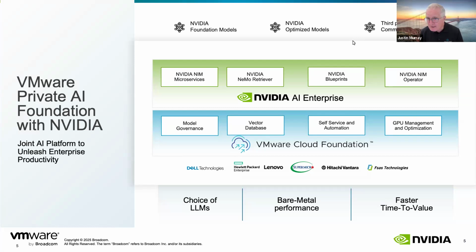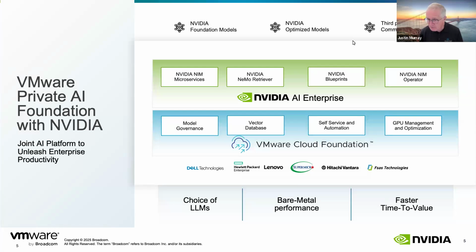So think of those things in the green layer as containers that you fetch down, or we fetch down for you using the self-service automation from NVIDIA's GPU cloud, actually, NGC. And we deploy all of those things for you so that you don't have to worry about getting them started. So a data scientist walks into Private AI ready to go.